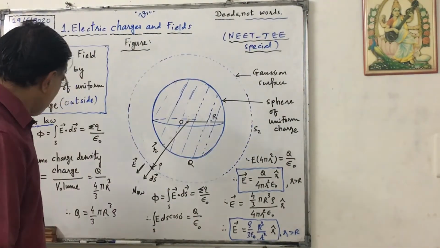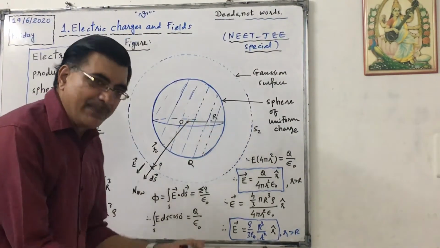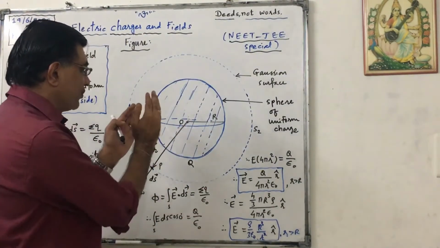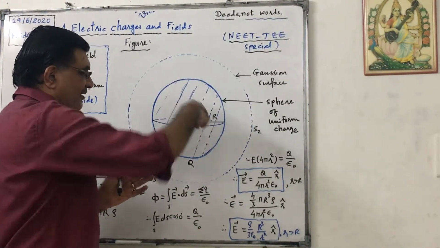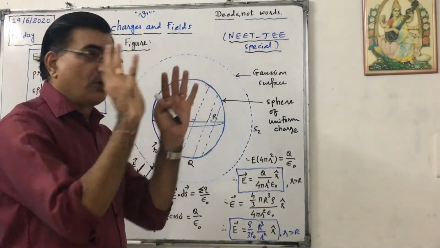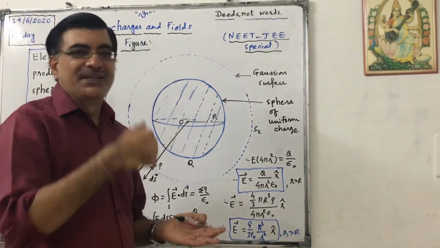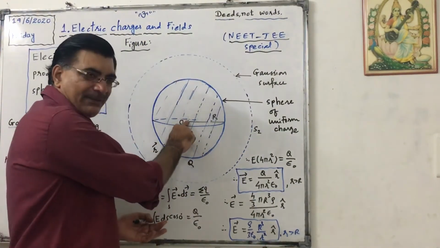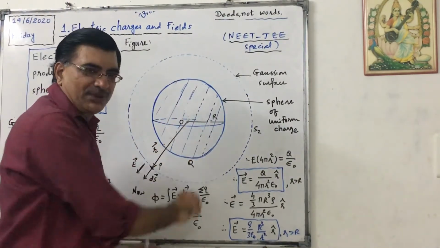So first of all, this is the sphere. It is a three-dimensional figure. I have tried to draw it. I have given this type of shading and shape so you can understand that it is a sphere full of charges, but we are considering uniform distribution. This is its center. The total charge in the sphere is capital Q.